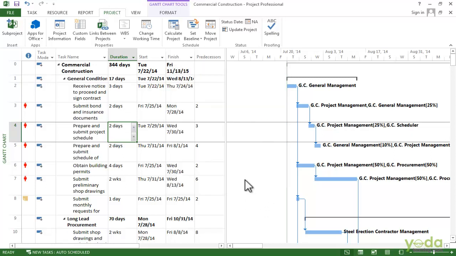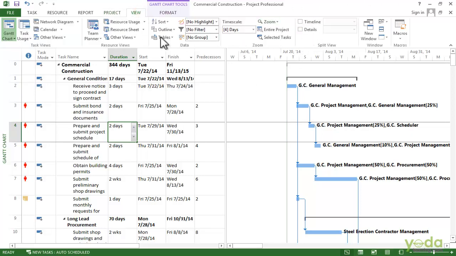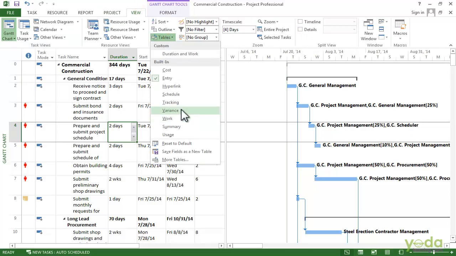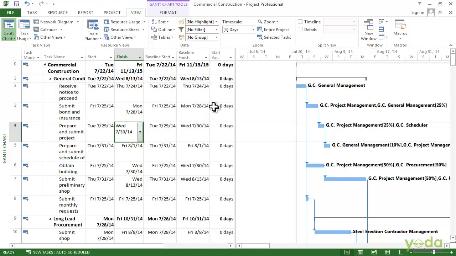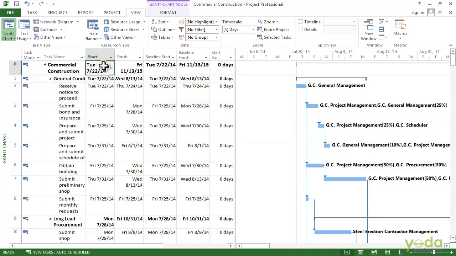When you do that, these fields that you see here, the scheduled values for duration, start, finish, cost, and work, all get saved to the baseline fields. To see that, I will go to the View tab here, click the Tables down arrow and choose Variance. And here you can see the scheduled start and finish date. It starts on 22nd July,